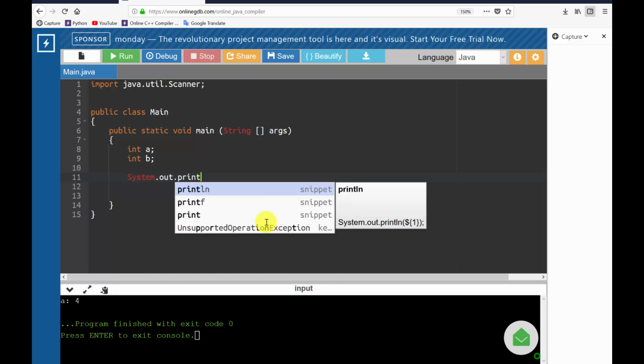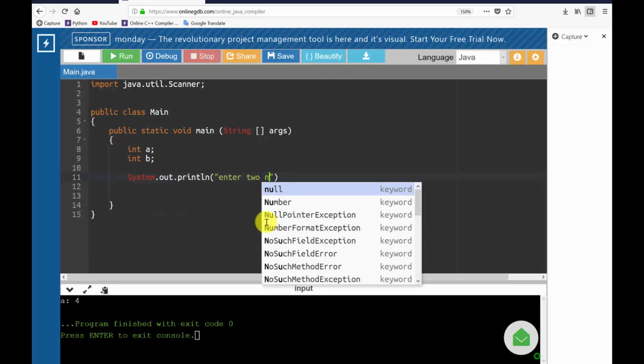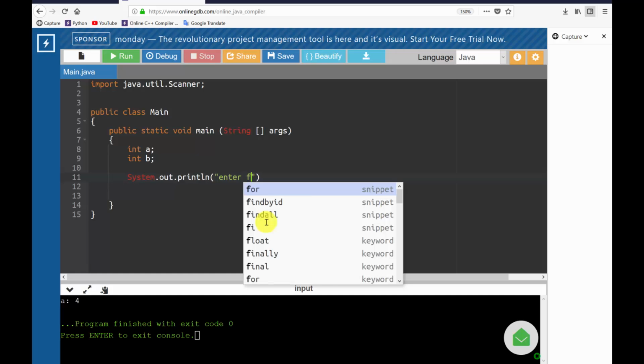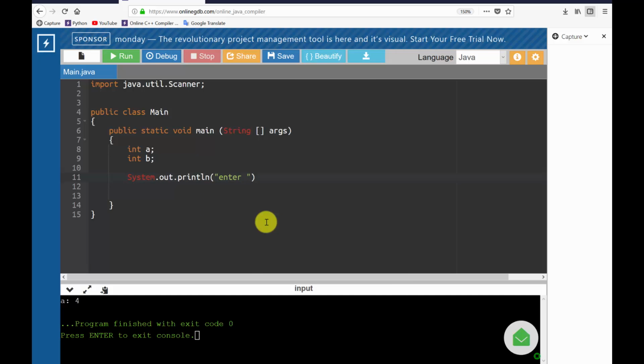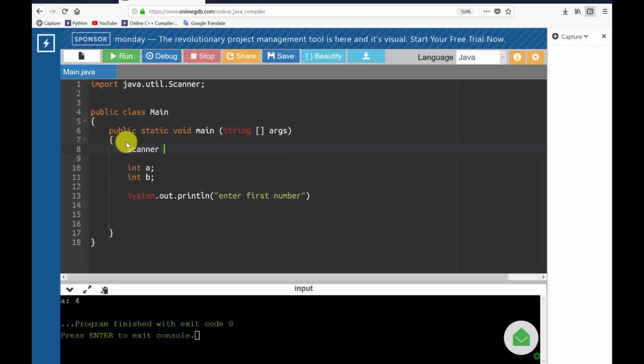So we're going to say System.out.print, enter first number, and to do that we're going to need a Scanner object. We're going to name it scanner, new Scanner(System.in),